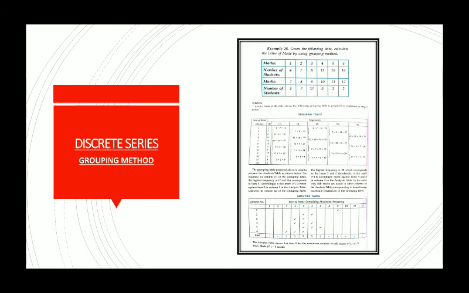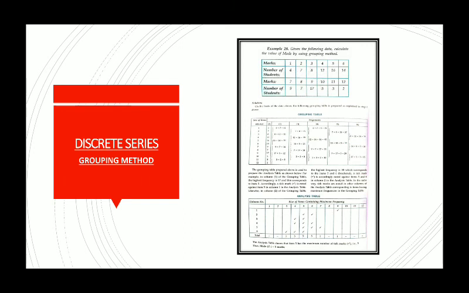So 1 and 2 have no tick mark. Similarly, 8, 10, 11 and 12 also have no tick mark. There is 1 tick mark under 3, so it is 1. There are 3 tick marks under 4. The highest number of tick marks is under item value 5. So the analysis table shows that item 5 has the maximum number of tick marks, so the mode is 5. So using these two tables, we can understand how this grouping method can be used to calculate mode.